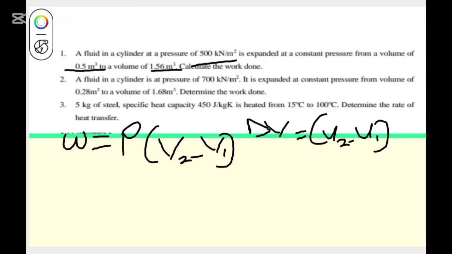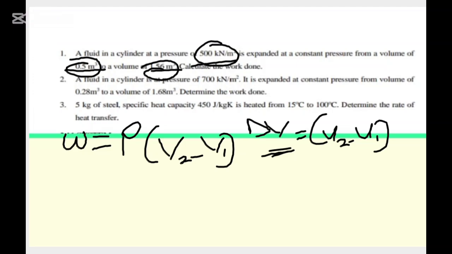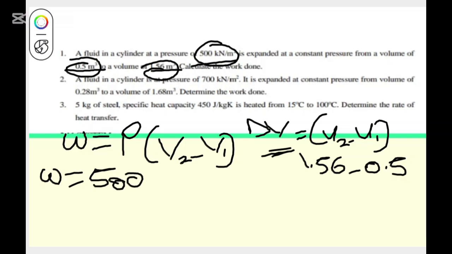So the next thing that I'm going to do: this is the value of the pressure, this is V2, and this is our V1. So I have to subtract. This should now be equal to the value of V2, which is 1.56, subtract 0.5. So this should now be equal to the work done, which is equal to the pressure, which is 500